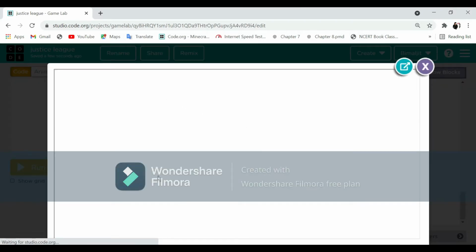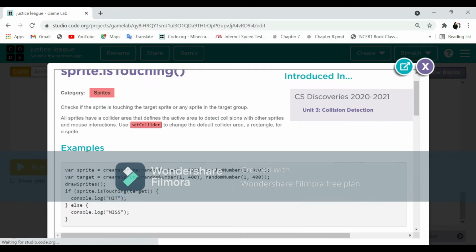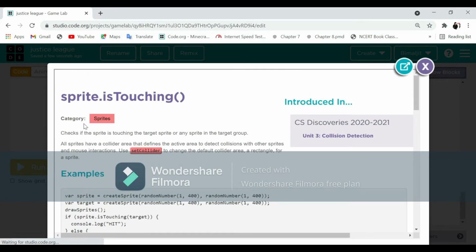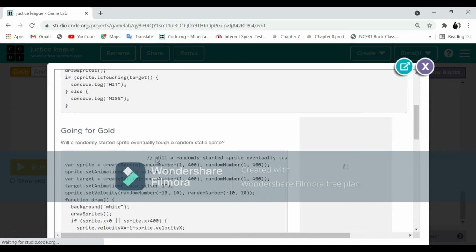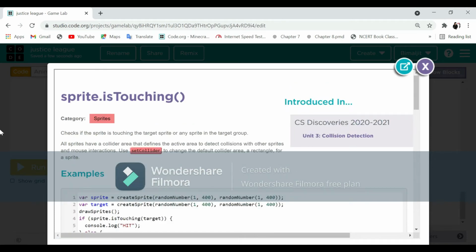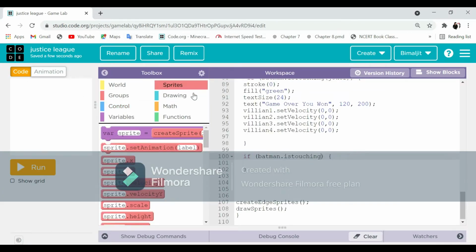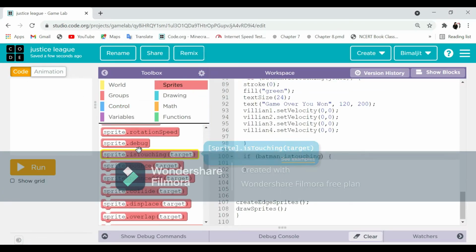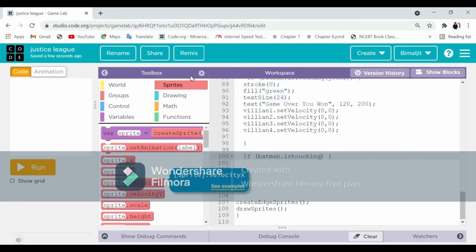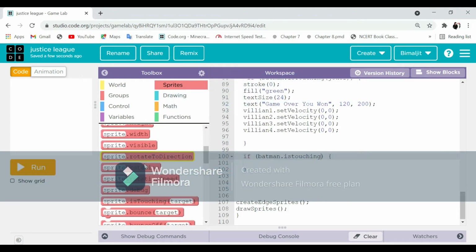It will show you whatever you are looking for, like the category it comes in and what this touching does. And if you want to drag and drop, here is the is touching in the sprites column. Scroll down and you will see is touching.